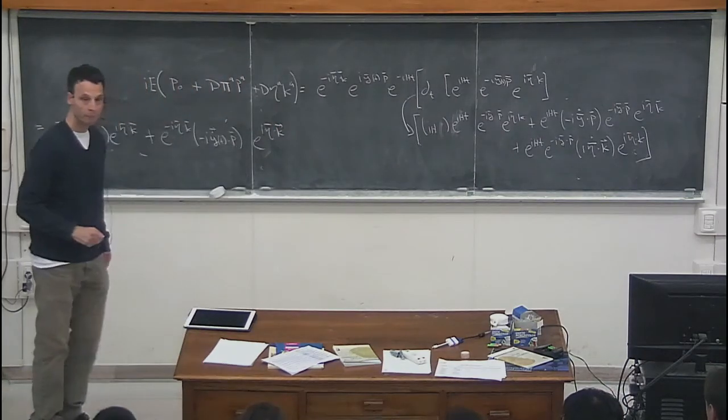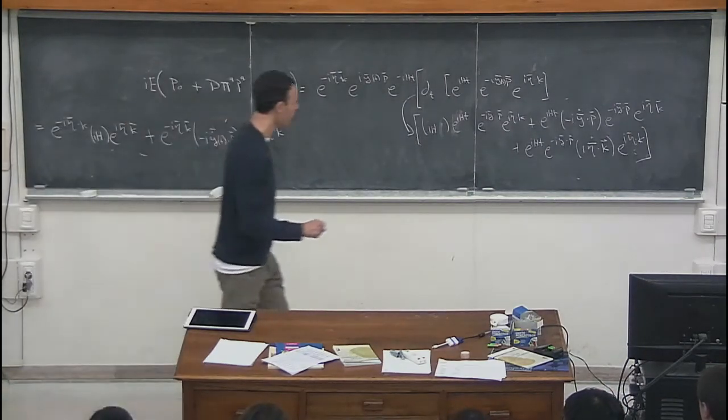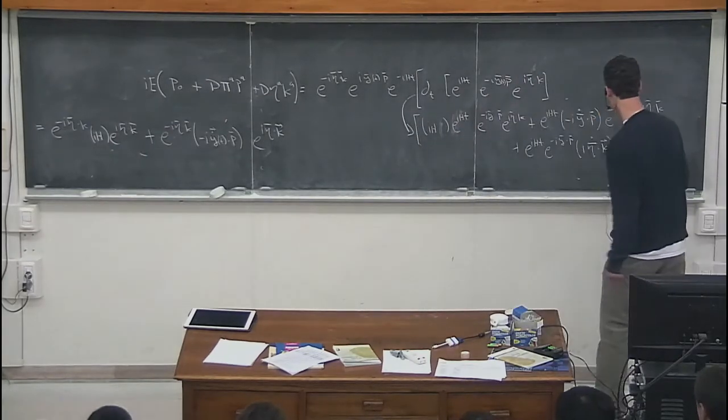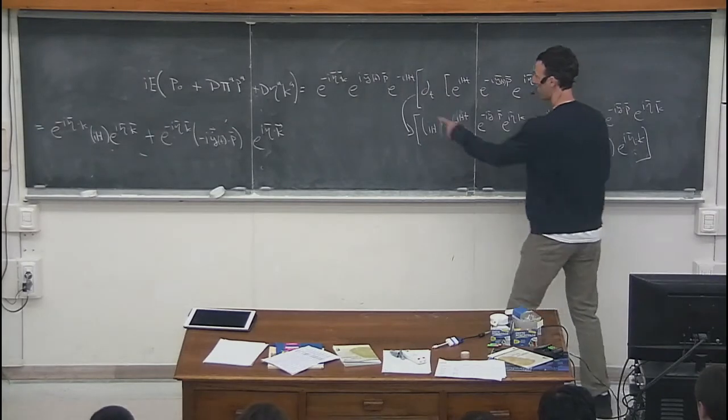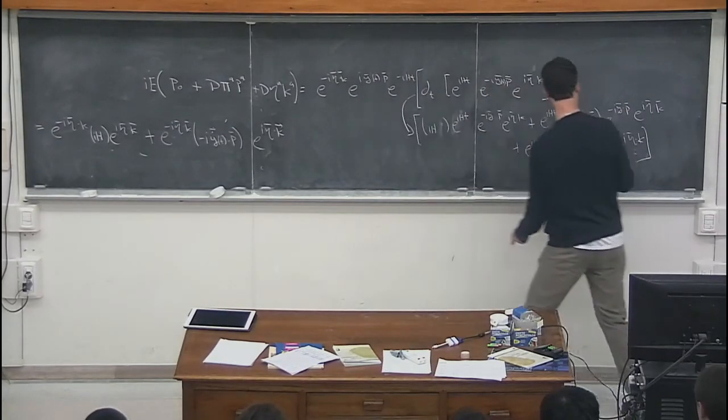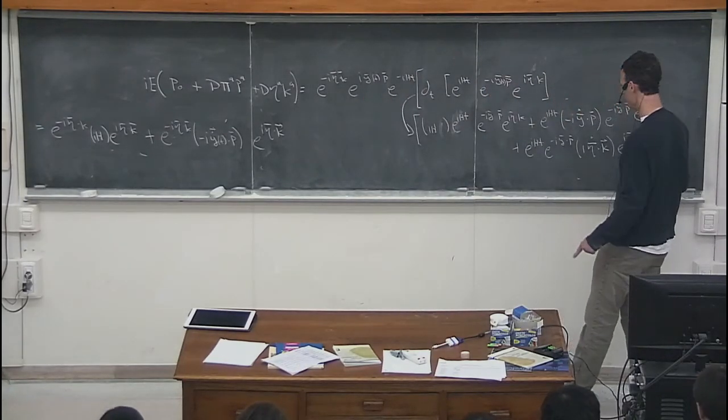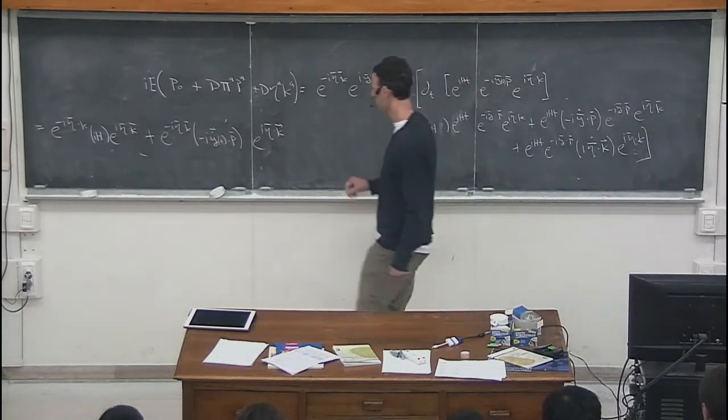Right? And finally on this term, everything is nice and simple because this cancels with this cancels with this. K commutes with itself. So all I'm left over with is